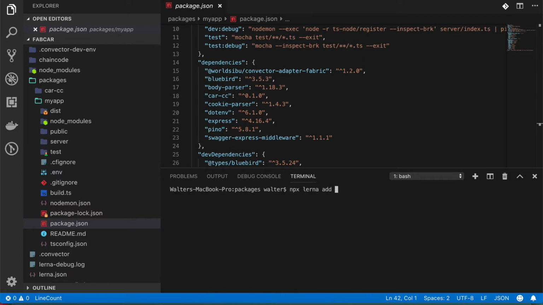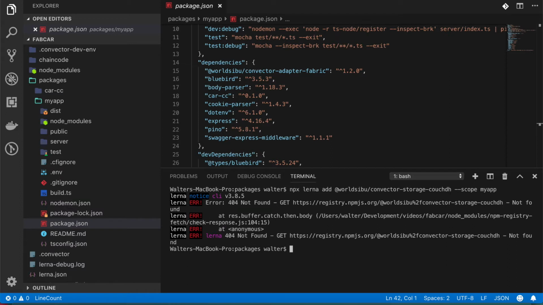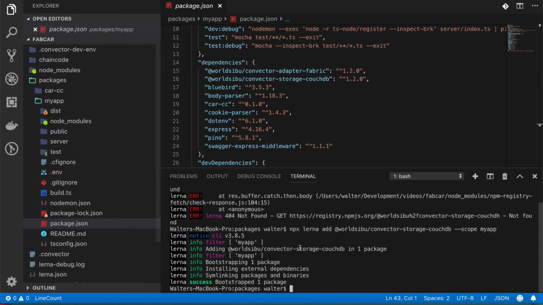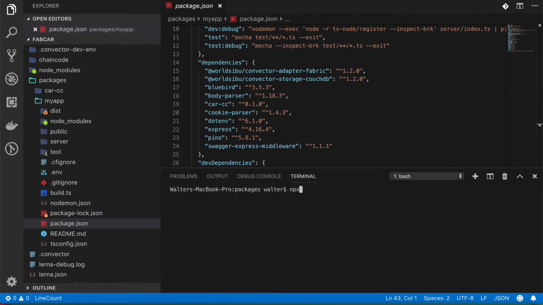In this case, we also need the adapter for CouchDB. CouchDB is a database that a Fabric network creates by default for you to query the database, so you don't have to make complex queries directly to the smart contract. I think I missed something again. There you go, CouchDB. There you go, and the last two dependencies that I need to add them like this,